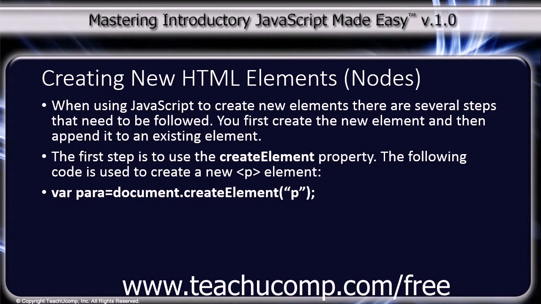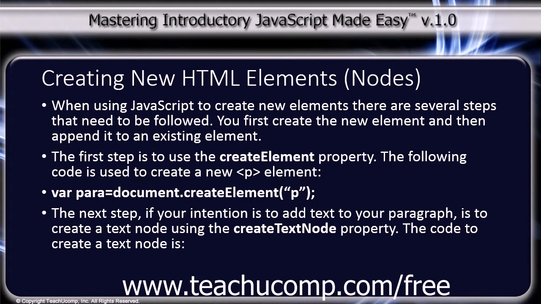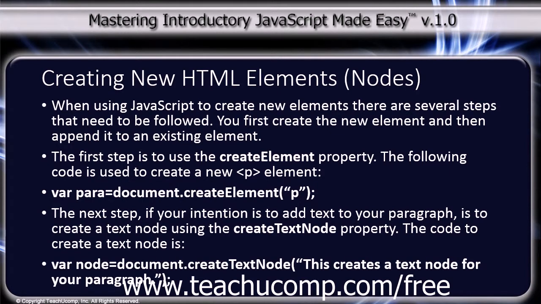var para = document.createElement("p"); The next step, if your intention is to add text to your paragraph, is to create a text node using the createTextNode property. The code to create a text node is var node = document.createTextNode("This creates a text node for your paragraph.");